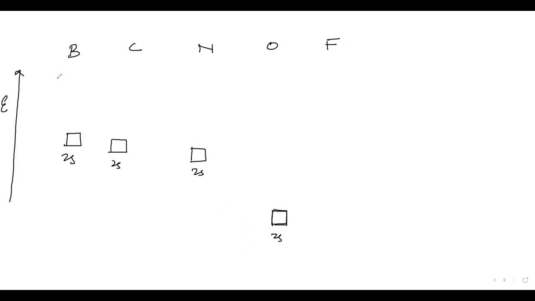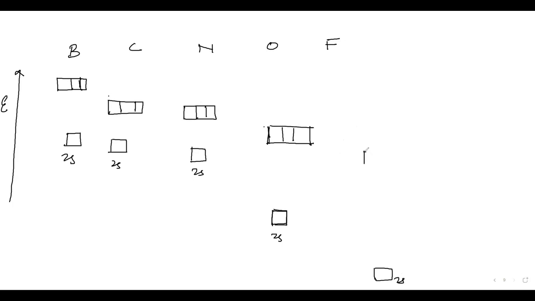Now what happens with P here? The P is here. Similar case for P, it will be a bit lower. Now as P is diffused, it doesn't experience the same kind of attraction as S does. So it will be lower in greater magnitude also, but not very near to the 2s. Same for fluorine, 2s will be this much low, and there will be our 2p for fluorine, our good old fluorine.